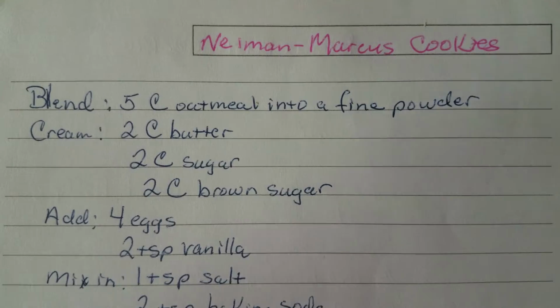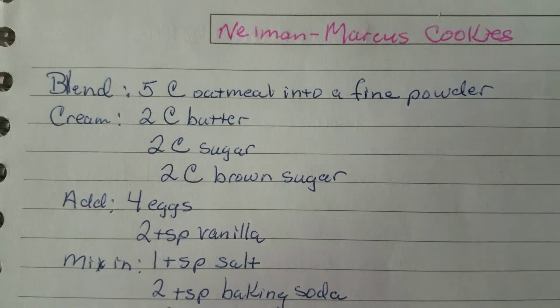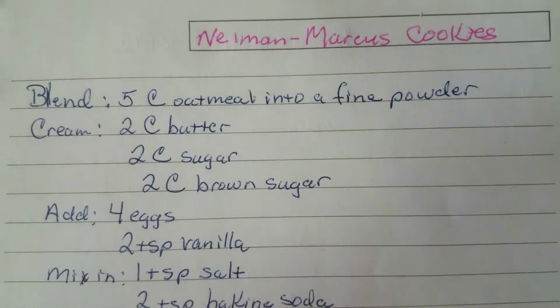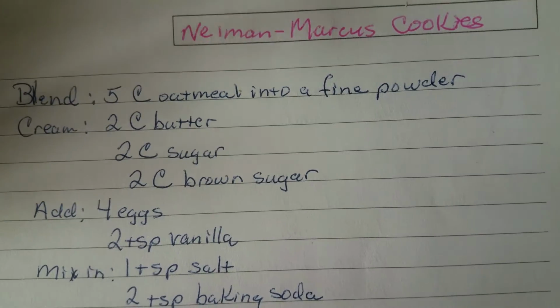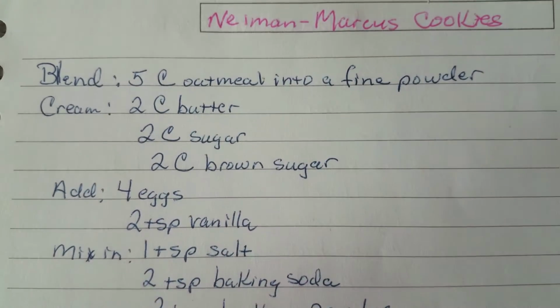We're going to be making the Neiman Marcus chocolate chip cookie. So let's get started. Okay, so the first step of making our Neiman Marcus cookies, you're going to want to